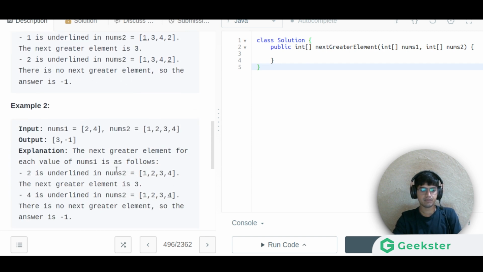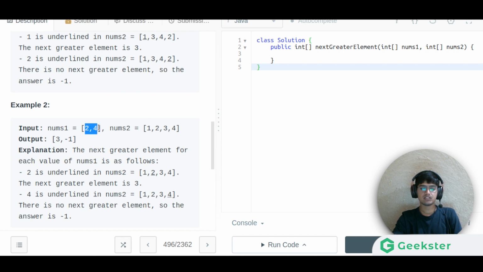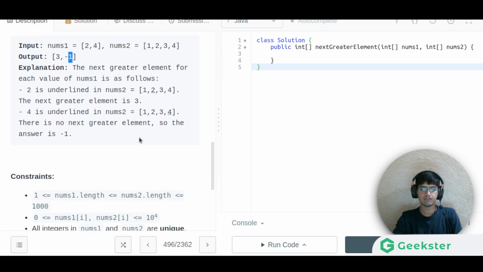This is the first example. In the second example, nums2 values are 1 2 3 4, and the output is 3 and -1. For 2 the next element is 3, and for 4, the last one, we have -1. So this is a simple example.